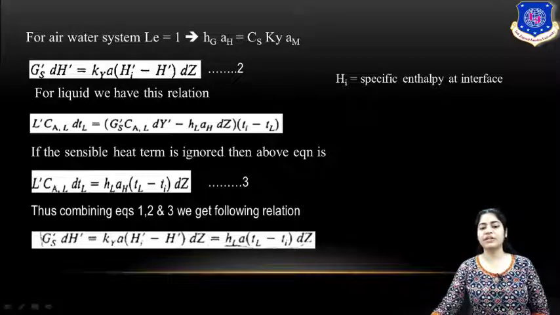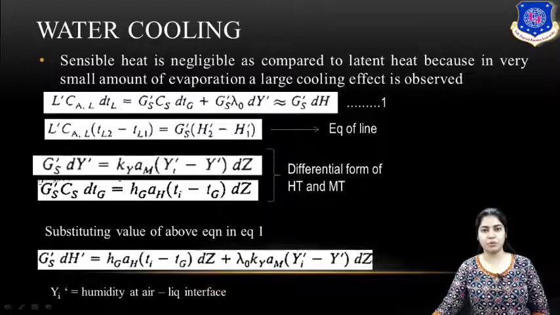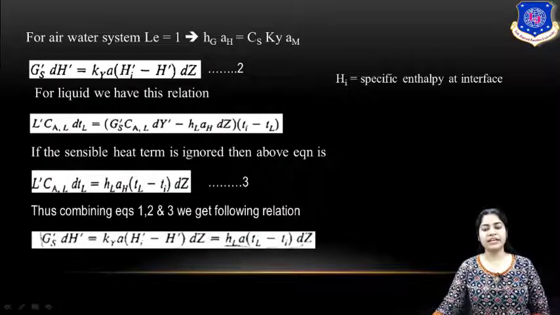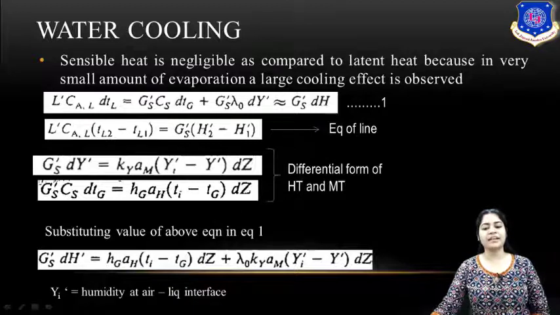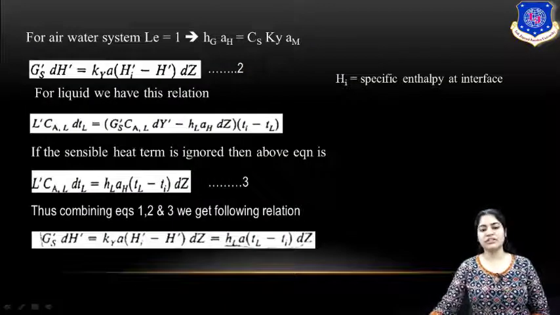Thus, substituting the value, you can see that Ky into A, as Ah is equal to Am, you are taking it as A. Now here you can see that Hi' is the new term. What is it? That is the specific enthalpy at the interface. From the equation at the bottom, you can see that we have simply rearranged our terms, the terms of the interface, like the temperature at the interface and humidity at the interface. So rearranging it, you get your Hi', the specific enthalpy at the interface. And the other term, H', has the gas temperature and the humidity Y'. So you have simply rearranged this equation and you get equation 2.